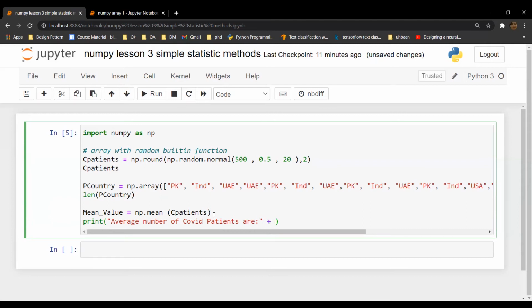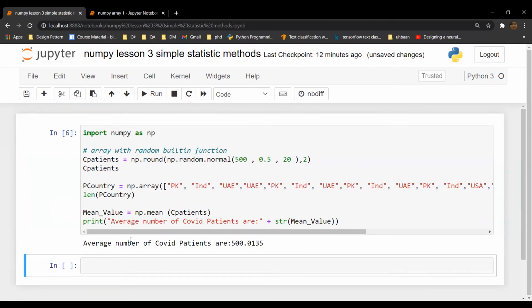And as you know, when there is a string in a function, the string has the precedence, and if we want to see the numeric value, we need to put str typecasting, and then we put the name of the variable. So it is showing me the average number of COVID patients is 500.0135.